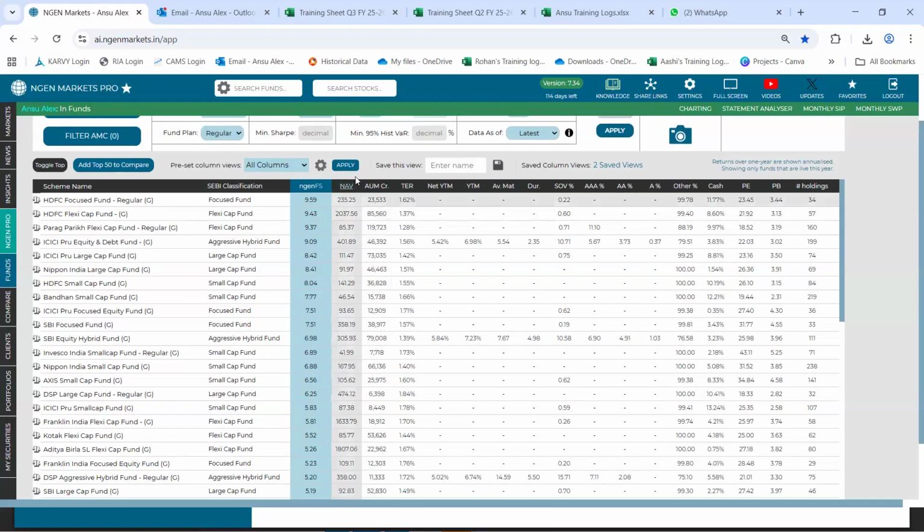Following that, I will be shortlisting funds basis the engine fund score. Now, right here, the third column you can see is the column of engine FS. The first thing that you need to remember is that the blue column highlighting says that the data you are currently viewing is sorted basis that column heading. Currently, this data is sorted basis engine FS.